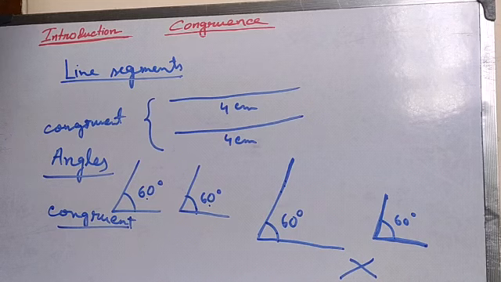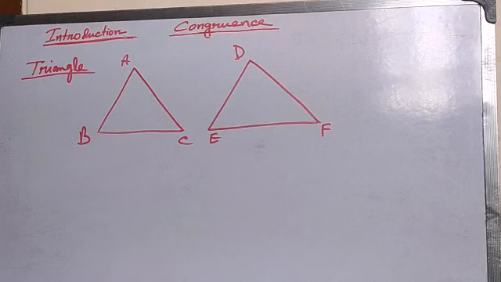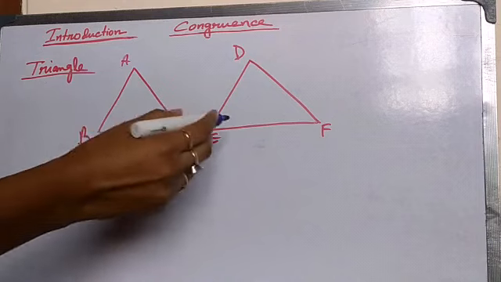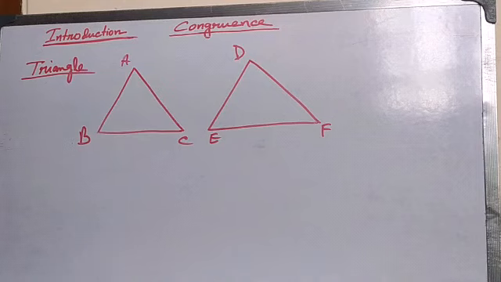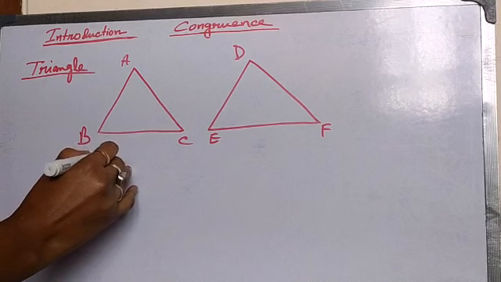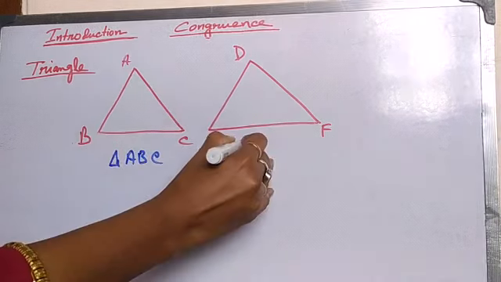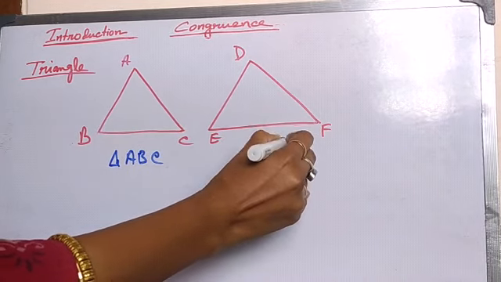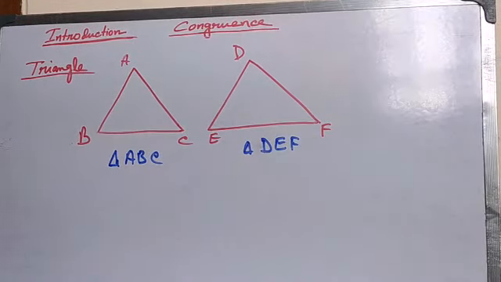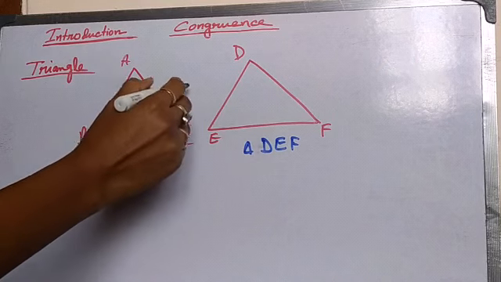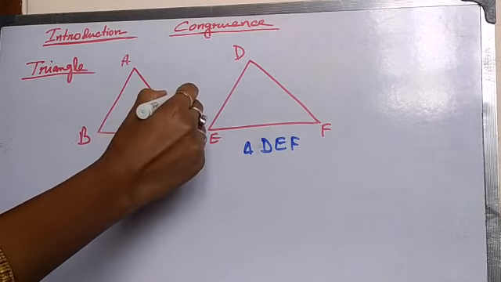Let's come to triangles. Now I will discuss triangles. How can we say that triangles are congruent figures? Here I have taken two triangles, ABC and DEF. So it is triangle ABC and it is triangle DEF. Here we can say that if these two triangles are congruent,